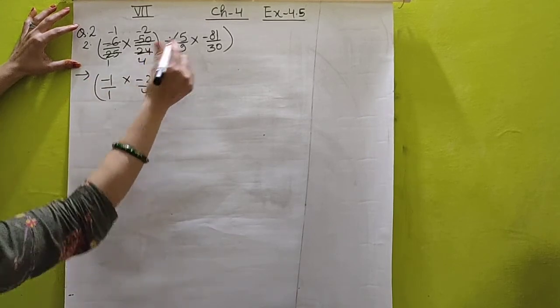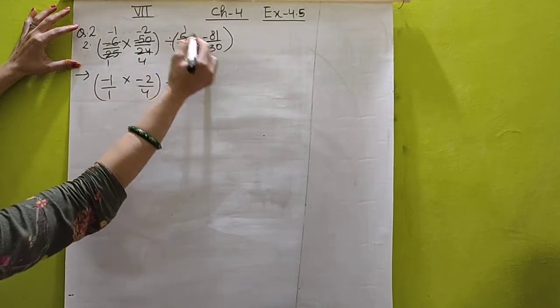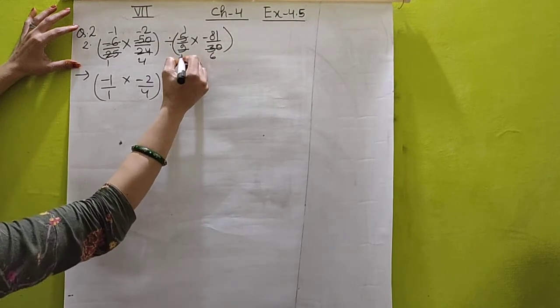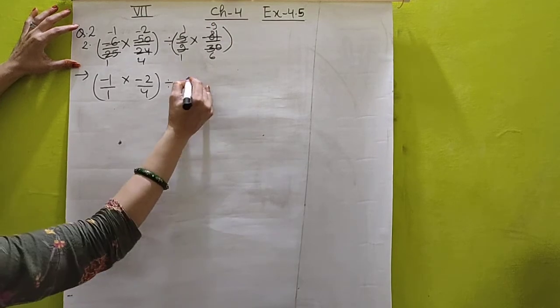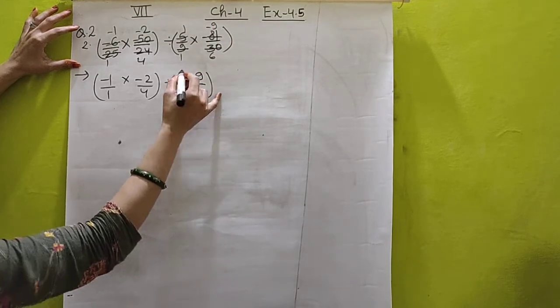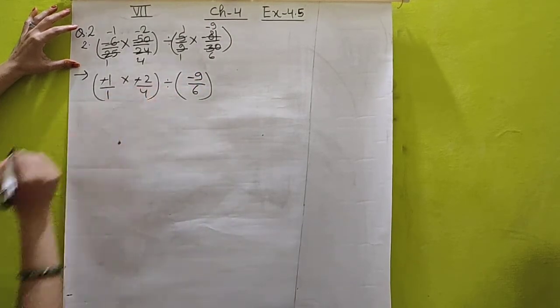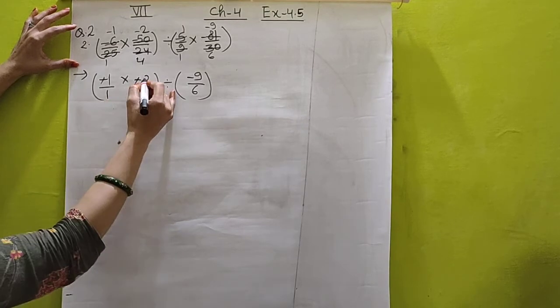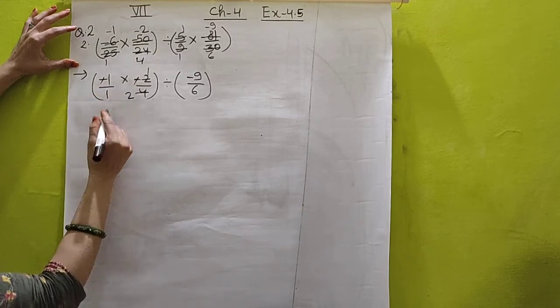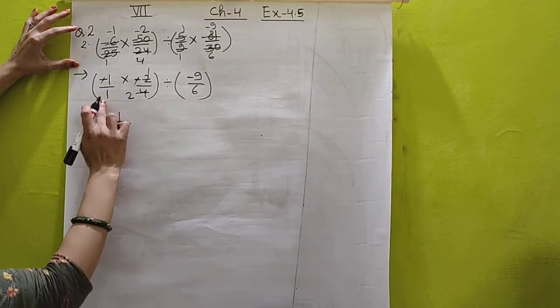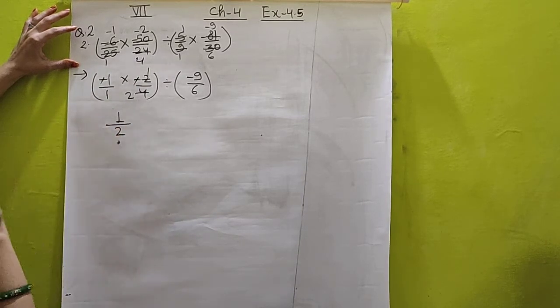And here, students, I can use cutting method. 5 ones are 5, 5 sixes are 30, 9 ones are 9 and 9 twos are 18 with minus sign. So here minus 9 upon 6 will come. Students, here minus sign, with minus sign I can cut. Now 2 ones are 2, 2 twos are 4. Then here 1 multiply 1 it means 1 and downside 1 multiply 2 it means 2 will come.